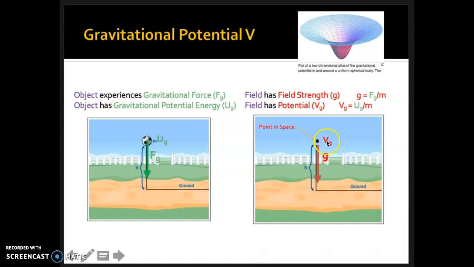And it has a potential. It's not really a voltage. This would be gravitational potential, which we don't talk about as much as potential energy, but it's basically the same idea, except potential is the potential energy with the mass divided out, because it doesn't depend on mass. Just like little g is the force with the mass divided out. So instead of being mg, it's just g. And instead of being mgh, it's just gh. I'm going to summarize all of this in a minute, but I just want you to see these things. See if you can follow along here.